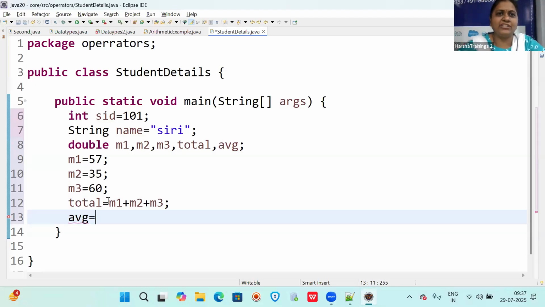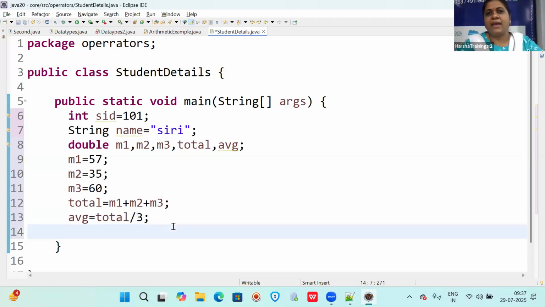Any time, how will the average be? Total by number of subjects. Already we did M1 plus M2 plus M3. Number of subjects: 1, 2 and 3. So, total by 3. Now let us print.